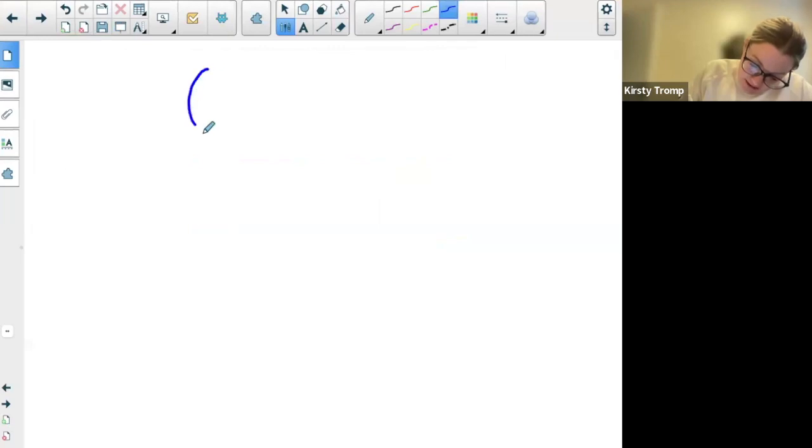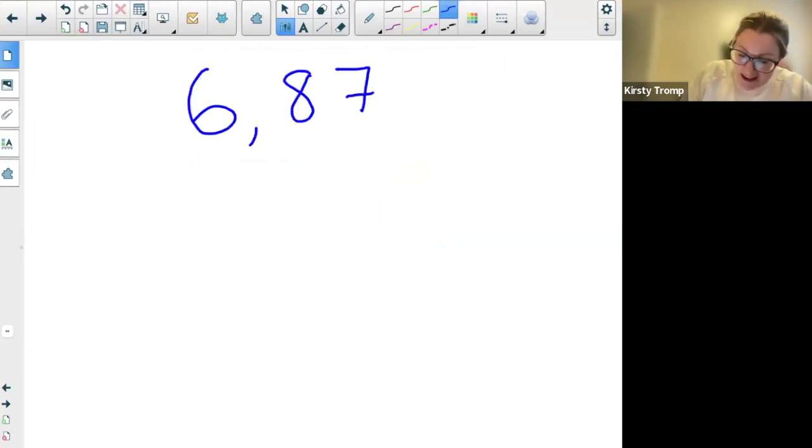So I've got 6,87. I need to round off to the nearest 10th, okay? So, in other words, round off to 1 decimal place. Right, so what I'm going to do is take my pencil and circle